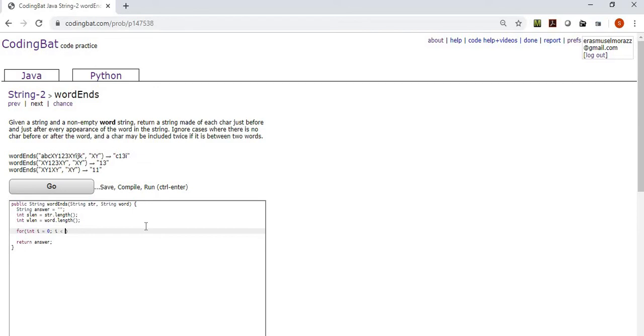Okay, so this one's going to be i is less than, I think that's going to be slen minus the word length, and that would be a little too short, so I think it's plus 1. Okay, and then we iterate through there. Okay, and inside this for loop,